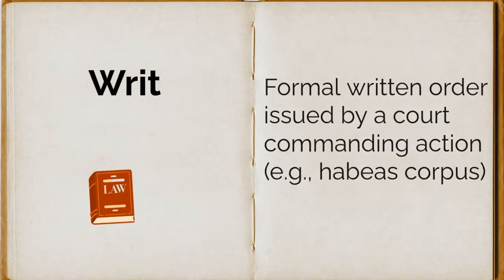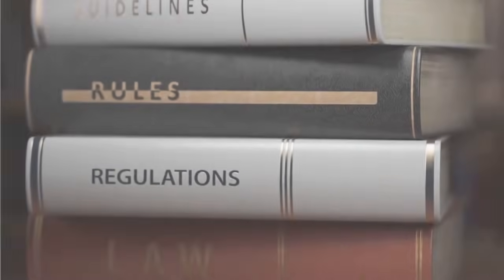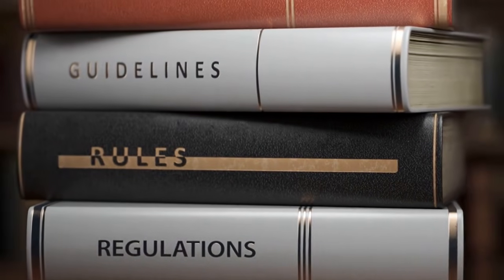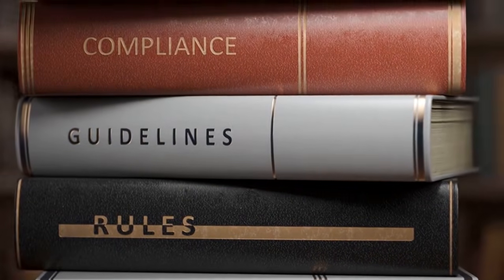A writ is a declaration of a court. We have what is called the writ of habeas corpus. The writ of habeas corpus is when somebody goes missing, you go to court. For example, during the Gen Z demonstrations, there are people who disappeared. You go to the High Court to look for what is called a writ of habeas corpus to produce the missing person alive or dead. Bring that person to court alive or dead. That is called a writ of habeas corpus.